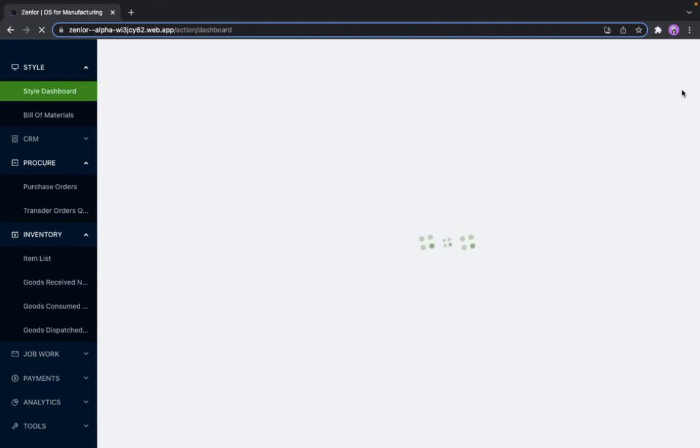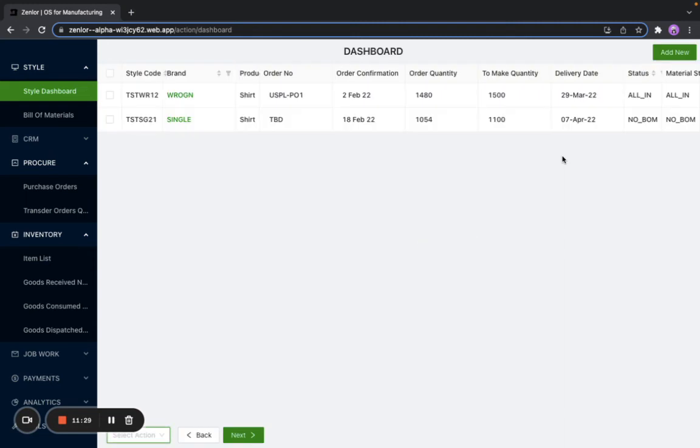Now let's just go back to the style dashboard. Right. Now, if you look at the status, it says all in because we had ordered the required quantities and now we have finally moved them into the inventory. So that covers the demo